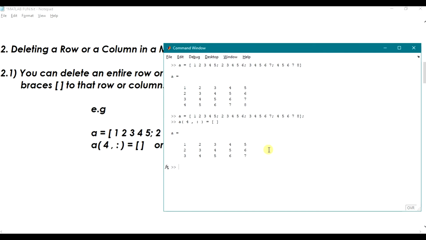See, it deleted the entire row. As I said, previously there were 4 rows and now there are 3 rows left. So I have deleted a row with A(4,:) equals empty square brackets.